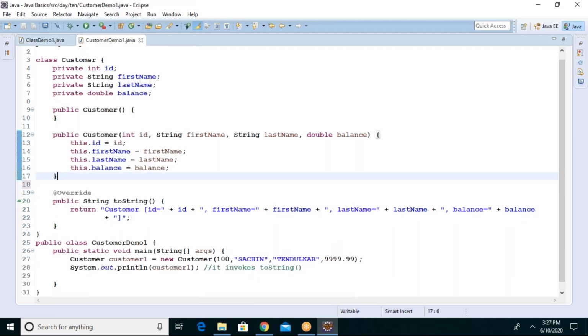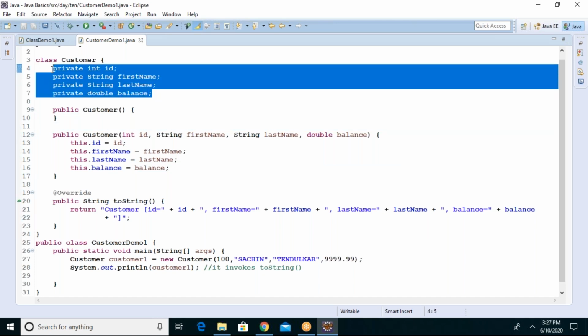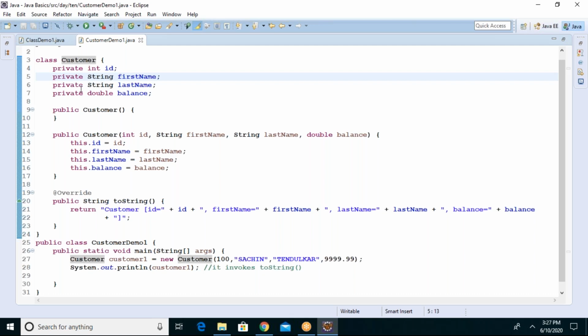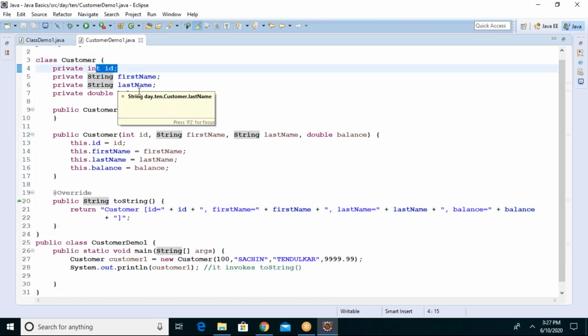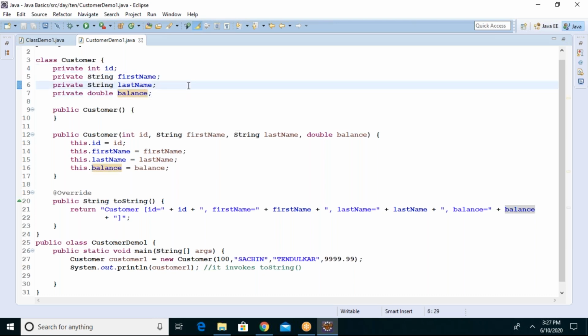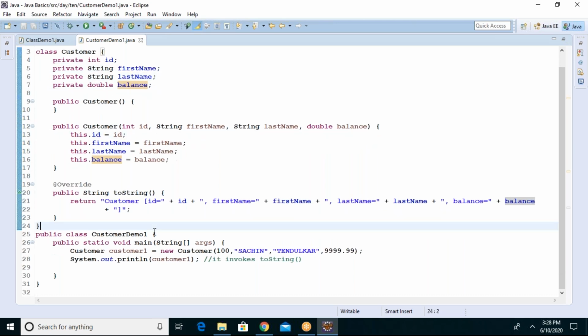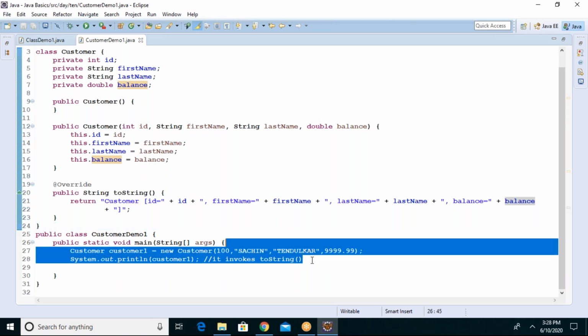Yeah, all are default only. Constructors, you need not write. Just decide your variables, what variables you want to use in your customer class or employee class or student class. Whatever I am doing today with the customer class, guys, your homework is you should start the student class in parallel. Student ID, student first name, last name, address, balance, mobile number, whatever the fee, everything you should rewrite in the student class. That is your assignment. Do remember, guys. Okay? Right. Now I will create one more object.